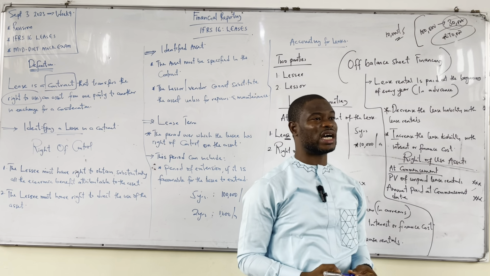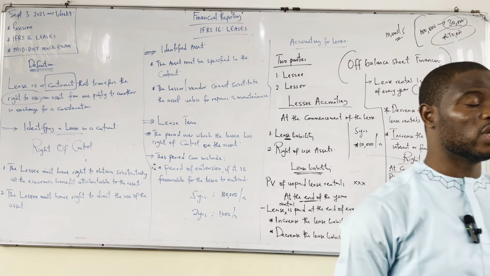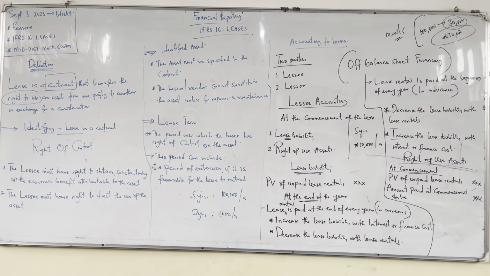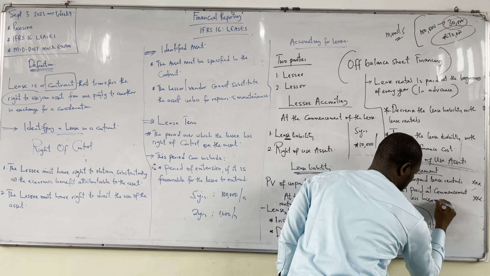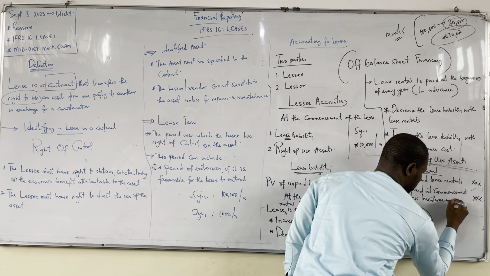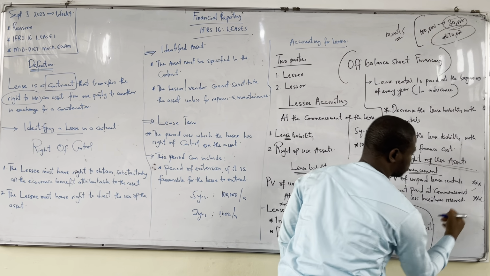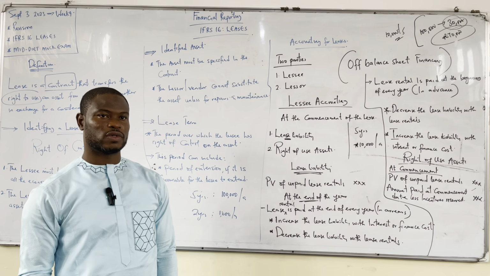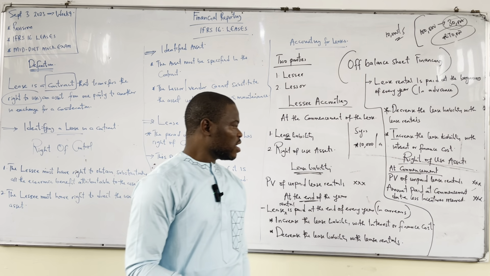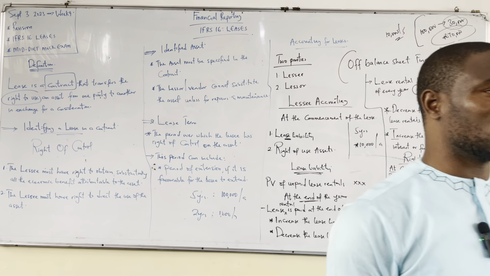But you know that it's rare, but it's possible that the guy will tell you that, okay, pay 30K at commencement, but I'm giving you 5% off. You know, I'm giving you incentive for whatever reason. What do you do with that? You have to remove it. Less incentives received. If they tell you something like that, you have to remember to remove it. Okay, so this shows us the true position.